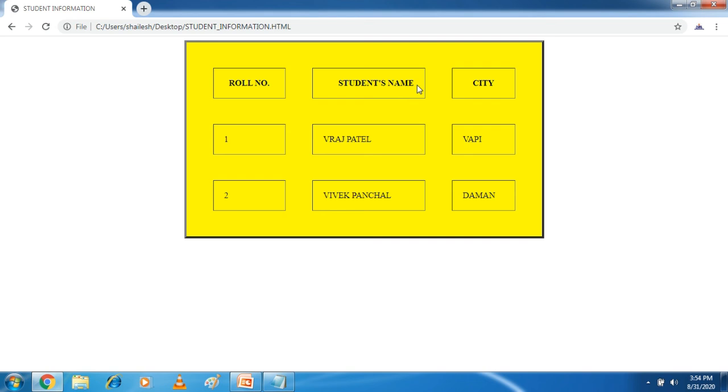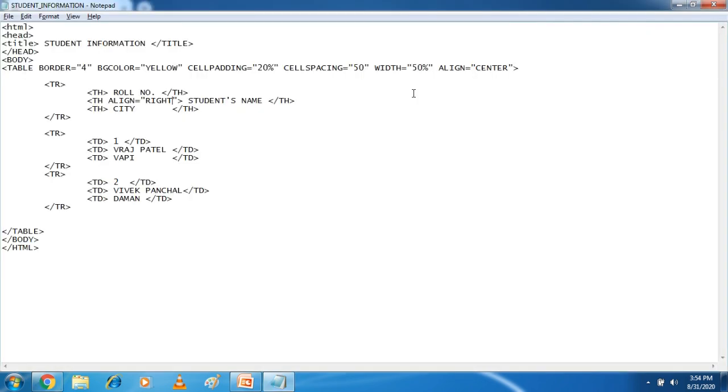Now the next attribute is the bgcolor attribute that I already showed. But suppose you want to apply it in a different way for each row, then how to use it? What I will do, I remove it from here with Ctrl X and I apply it here as well as here as well as here.